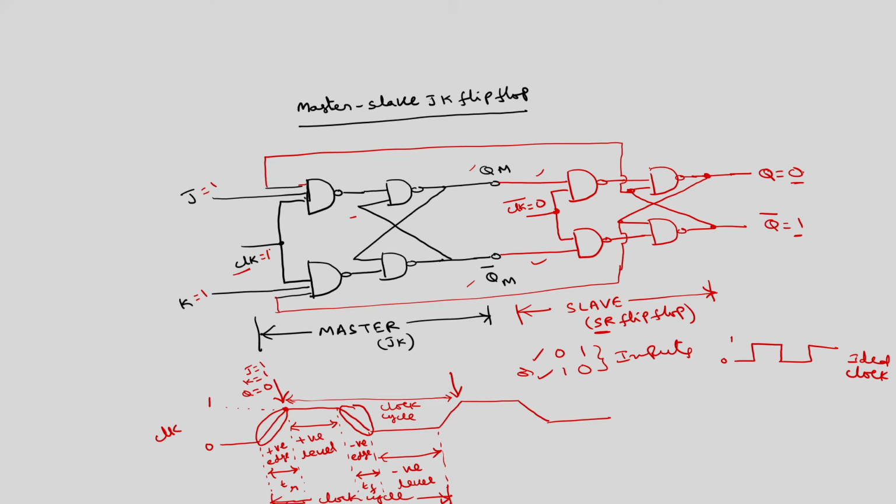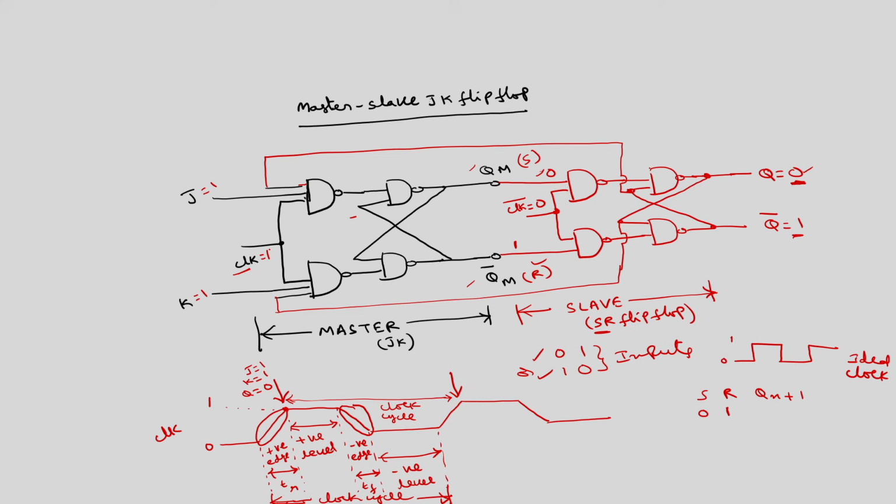Means for the SR flip flop, we know that to get Q is equal to 0, for SR Qn plus 1, what will be SR regardless of the Qn? So, to get it, the reset input is 1. So, 0 1, this is S and R, this will act as the S input, this will act as the R input. So, you are getting the output as 0 1, what does it mean? This is reset, means the reset input is 1. So, this is 1, this is 0. This is the situation of this circuit.